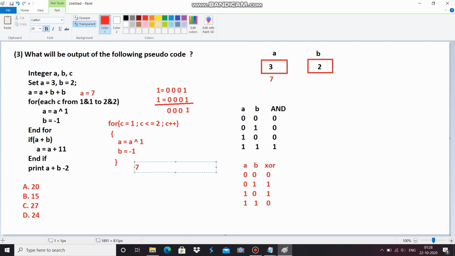First we convert 7 into a binary number. 7 will be like this, 1 1 1, and we convert 1, it will be like this. And now we have to operate according to the XOR.